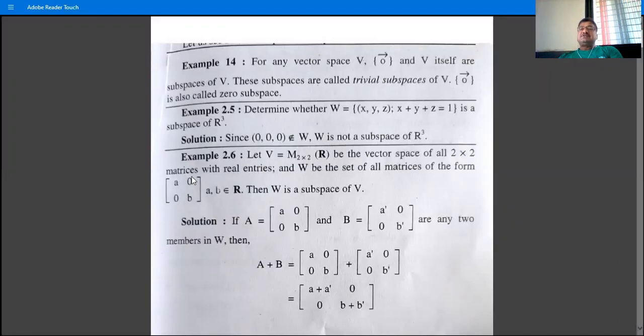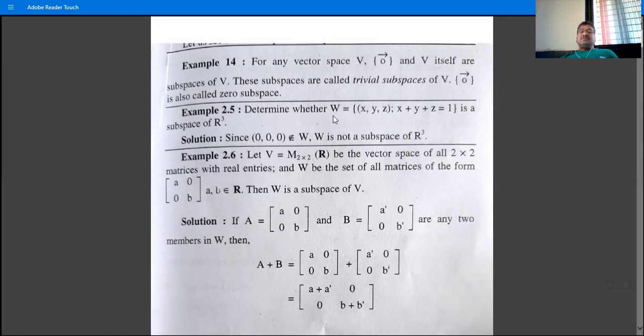itself a vector space, and when W is itself a vector space, W satisfies the 10 axioms of a vector space. And the A3 axiom is what? The zero vector must exist in that vector space. So the zero vector of W is what? (0, 0, 0), this three-tuple, and this is not an element of W, and therefore W is not a subspace of R3. So we can give the answer of this problem in three ways.